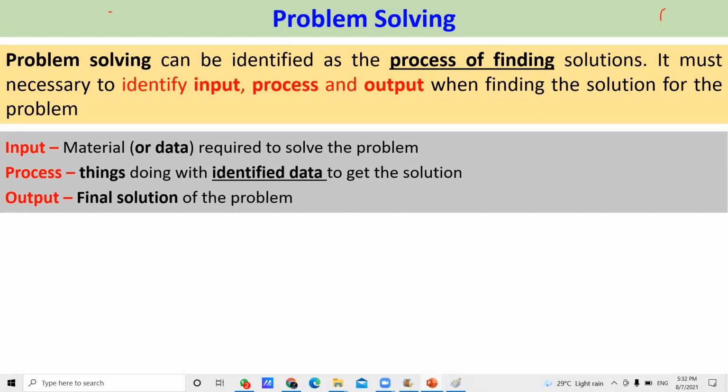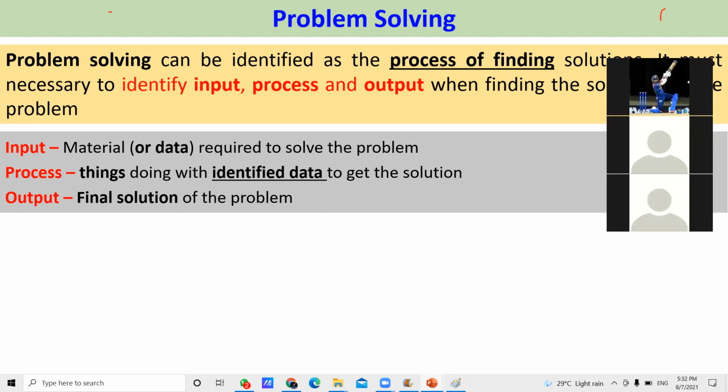Input means we should identify the data required to solve the problem. Then process: what are the activities, what are the things you are going to do with this data. Secondly, you want to identify what you want to do with this identified data.